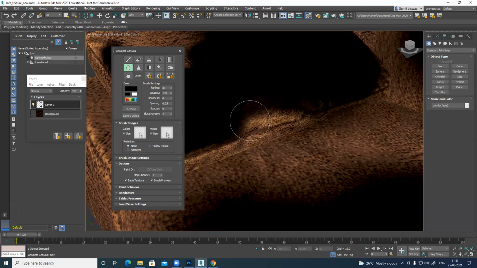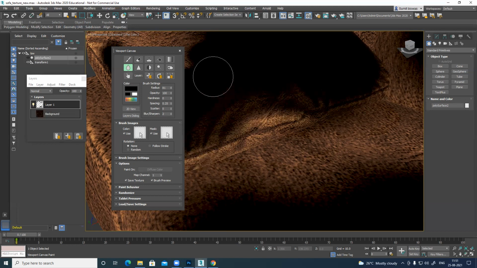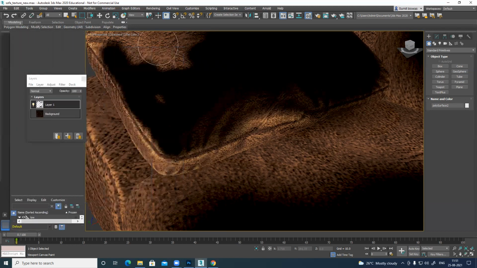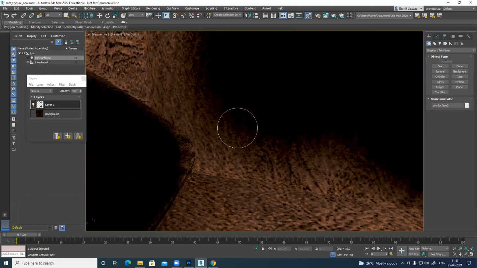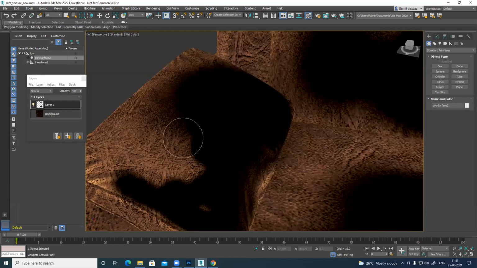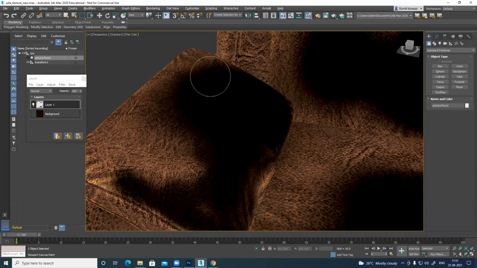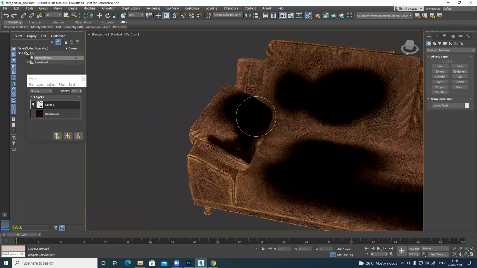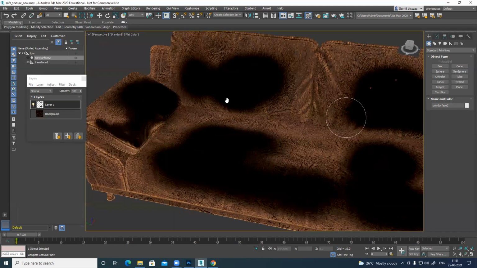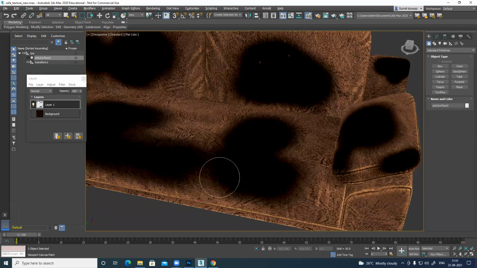It's working. Work on it easily. So we blend them nicely.